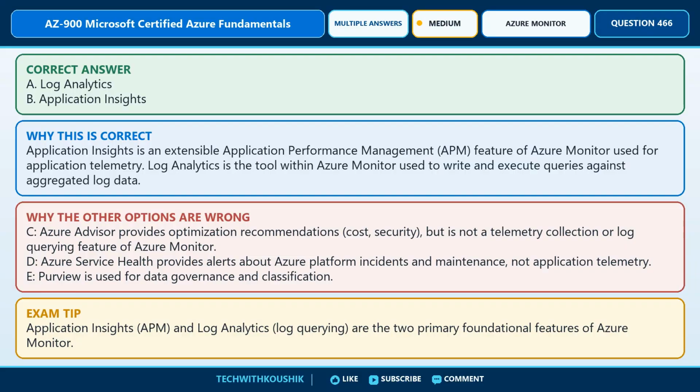The answers that work here are option A, Log Analytics, and option B, Application Insights. This is the best choice because Application Insights is an extensible application performance management (APM) feature of Azure Monitor used for application telemetry. Log Analytics is the tool within Azure Monitor used to write and execute queries against aggregated log data. The remaining options can be eliminated because C,